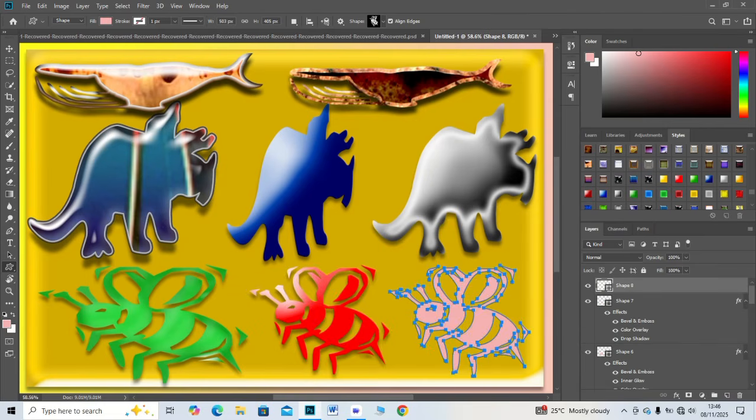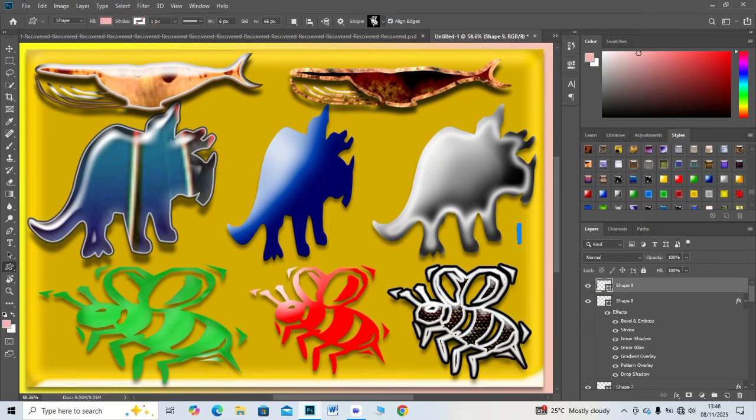Add a subtle noise to remove flatness. Now the gold texture feels rich and natural. Duplicate